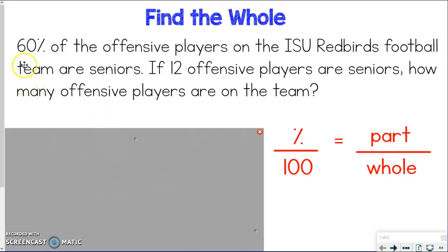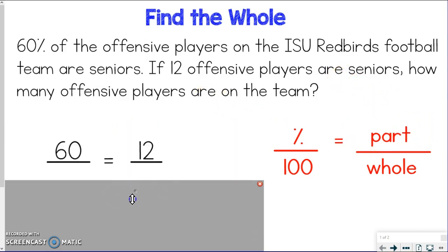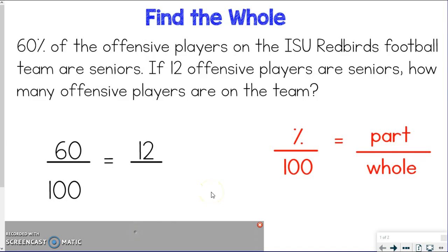So this time, we've got the percent, so I'm still going to put that over 100 like last time, but this time we've got 12 offensive players are seniors. That's a part. That is one part, right? That's not their whole offensive team or section of their team. It's just the ones that are seniors. So that's going to go on top. So here's what I got set up for my proportion, as should you. So we got 60 on top as our percent, over 100. The part is 12, and I'm trying to find out how many offensive players are on their team, that total